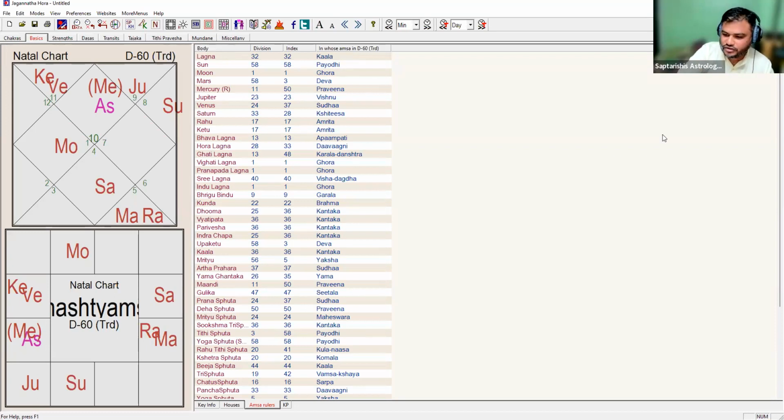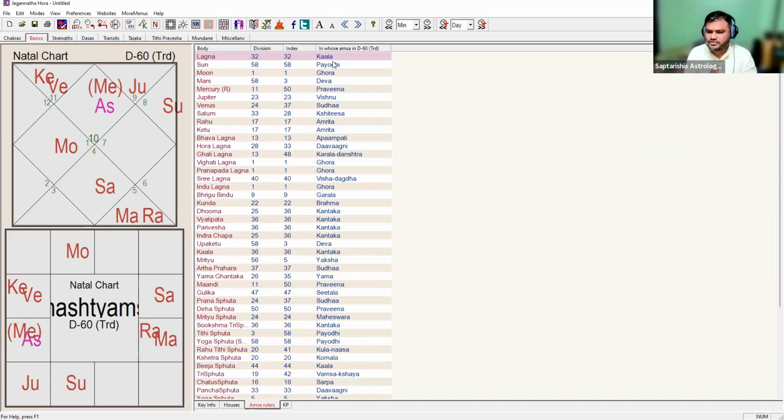Okay, this is another application. If you read Saravali, which Mitaji just quoted, as well as Sarvartha Chintamani, you will see they are giving you a description of each Amsha. Not every book gives the description of every Amsha in detail. They will give you information like which Amsha is malefic or benefic. They use two different words, Saumya and Krura.